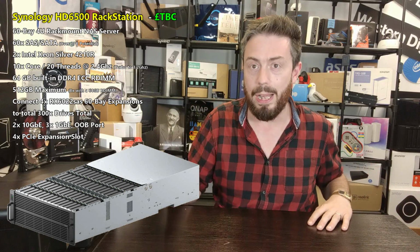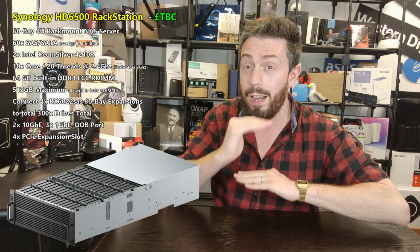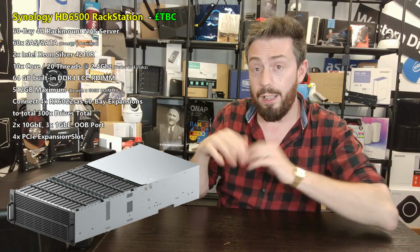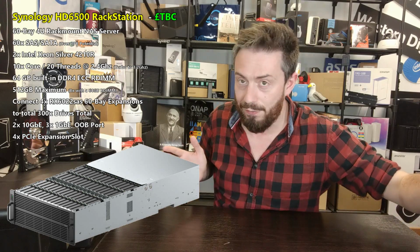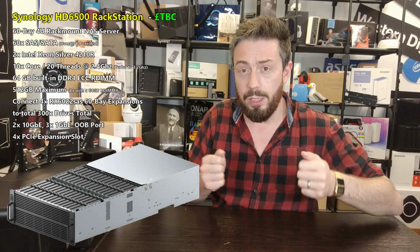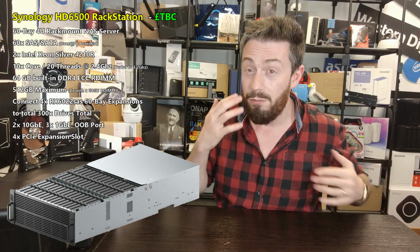This is 60 bays. The way they're able to achieve this 60 bay solution to fit in a 4U rack mount area is by utilizing a vertical injection method. All 60 bays are faced up in 4 rows there. Now, these bays are all racked up, and of the full depth of this system, only half of it is the bays. The bays are locked into the front, so presumably if you've got it loaded into a sliding rack mount there, you're going to be able to access the bays, but you're not going to be able to fully access